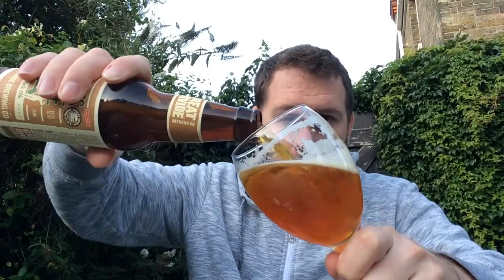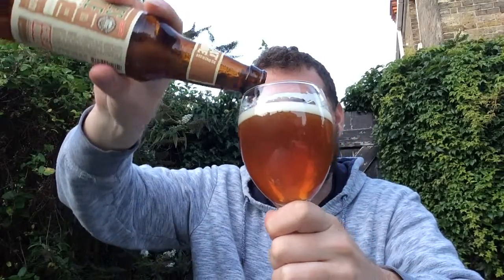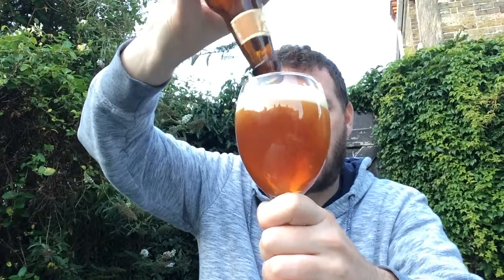So yeah, anyway, let's get the rest of this beer out. I'm going to have one more mouthful because it's just so good. I can tell you now, this is one of my beers of the year, by a mile. It's amazing. It's just unbelievable. It's probably up there with one of the best double IPAs I've ever had. I've had like hundreds, but